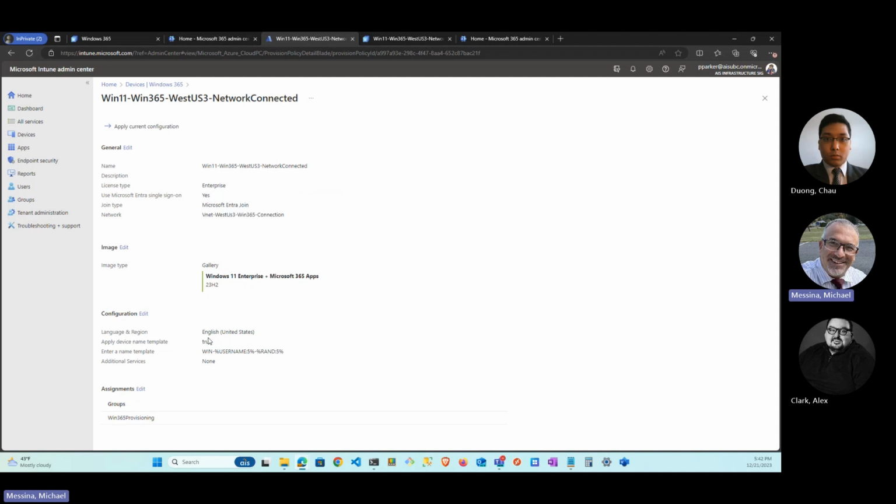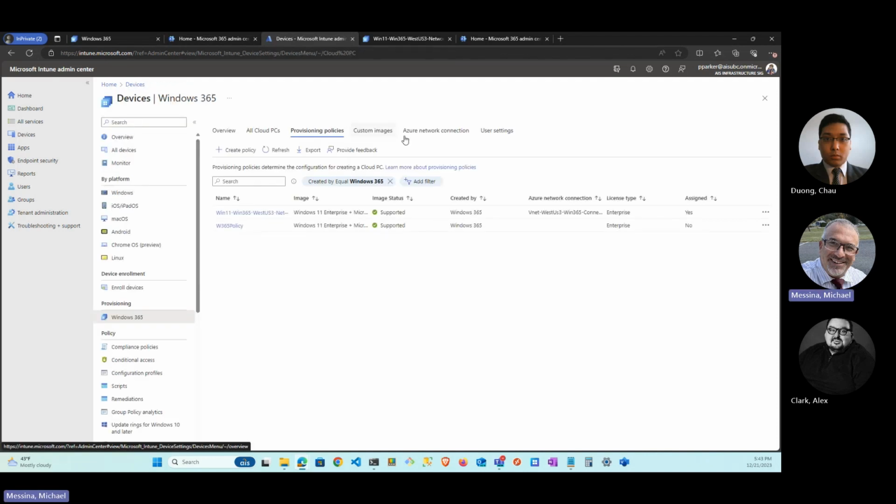You can also choose a few other items like the naming convention and your region, etc. And then the group that this is affiliated with is the group these users are associated with, and as long as they have the appropriate licensing,